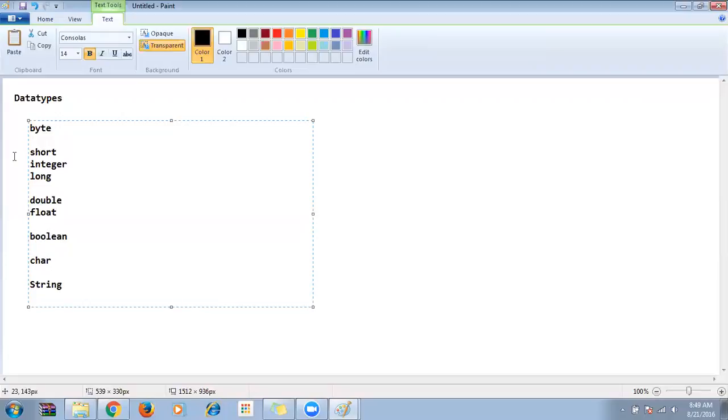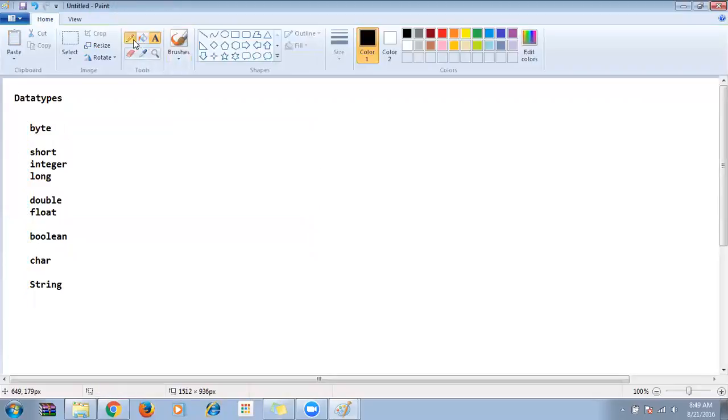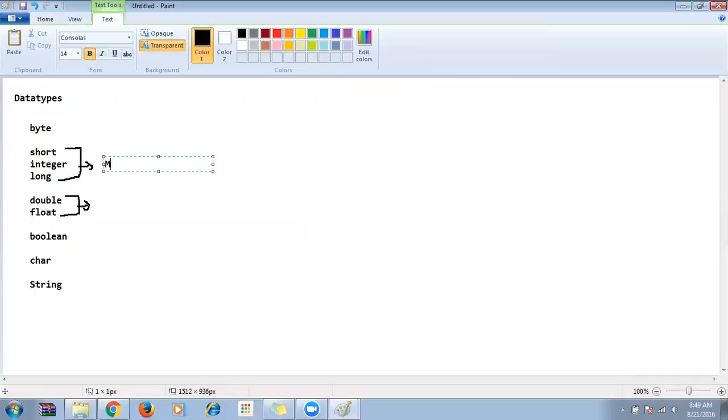Like that we have different data types available. The short, integer, and long, these three deal with numbers. Double and float deal with decimals. This one deals with numbers. Then double and float deal with